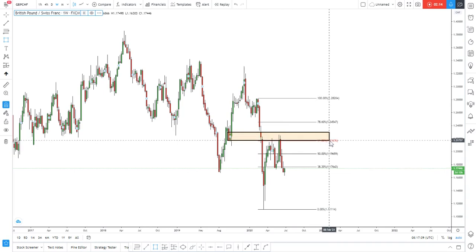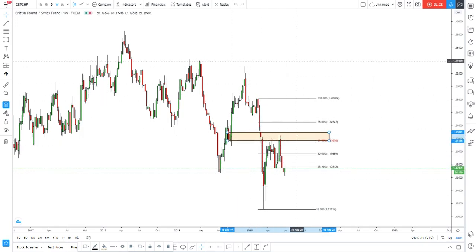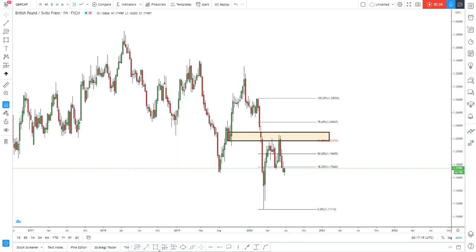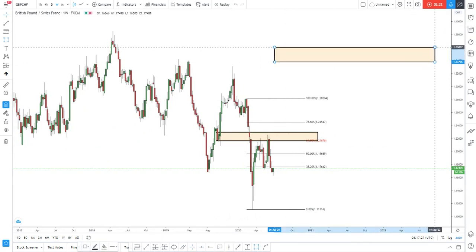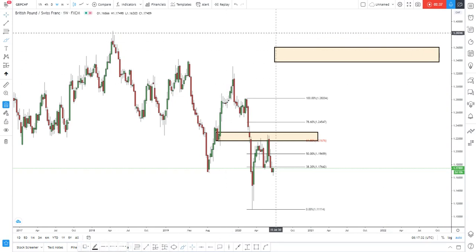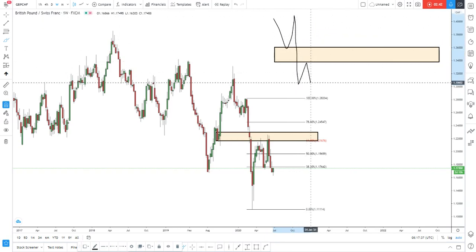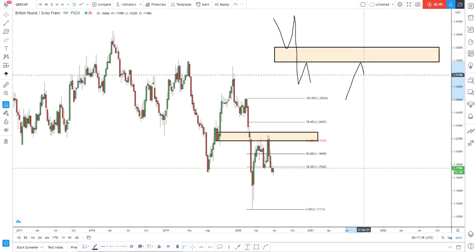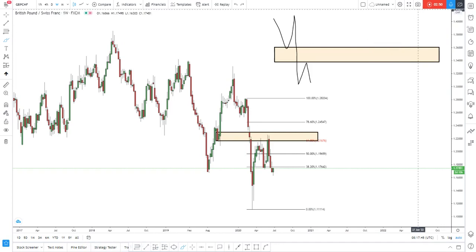was a previous area of structure. It acted as support here and now broke out through, acted as resistance here. So the thing is, when support breaks, it turns to resistance, and when resistance breaks, it turns to support. This was acting as support, but all of a sudden it breaks, it will act as resistance down here. And if this was acting as resistance, if it breaks, it will act as support, and so on and so